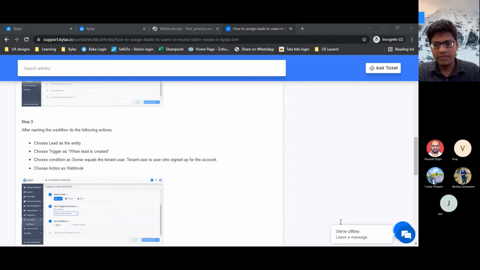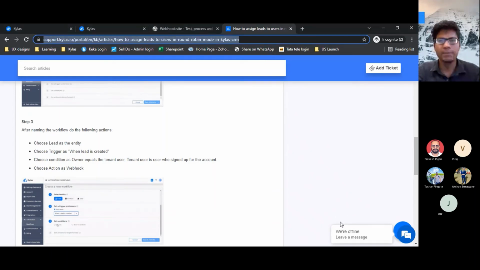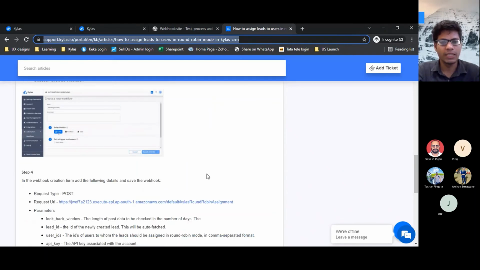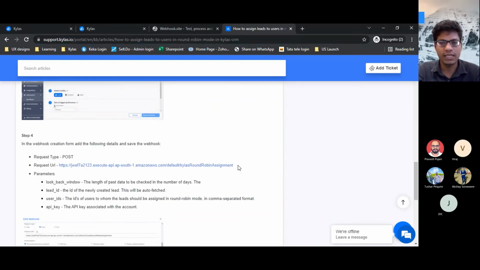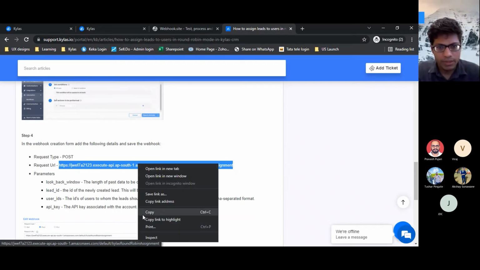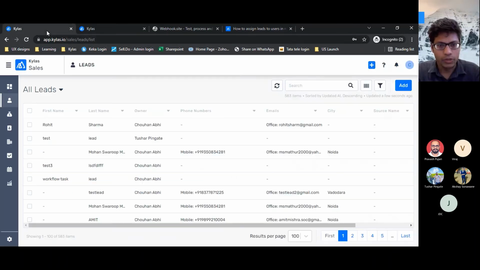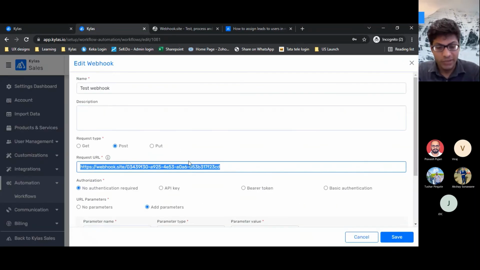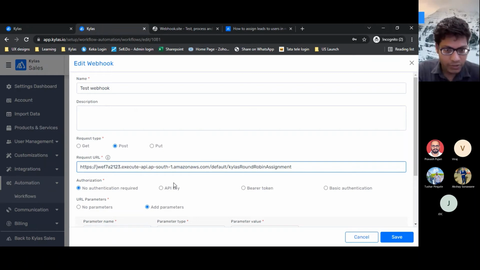So why we need this external webhook URL is simply because the round robin application sits outside Kailash. We have developed this externally and it can be accessed through this webhook URL. Okay, so what I simply have to do is copy that URL and paste it over here.